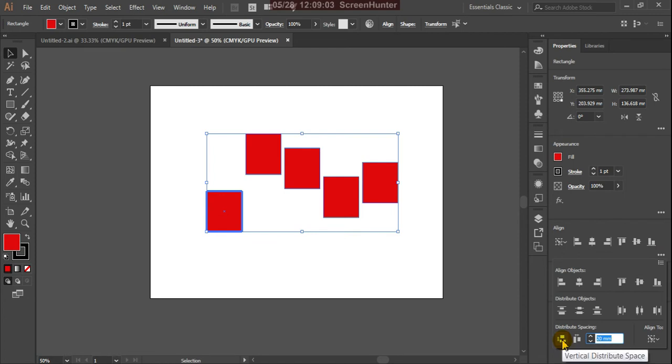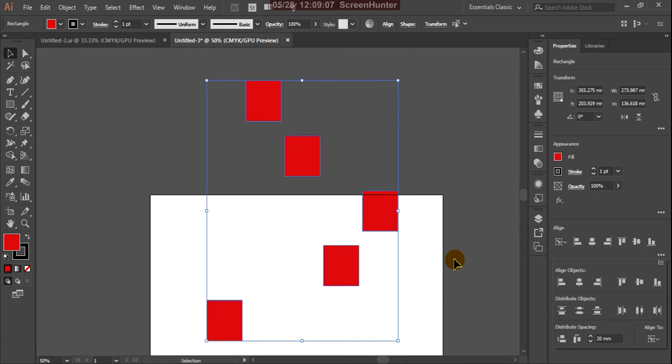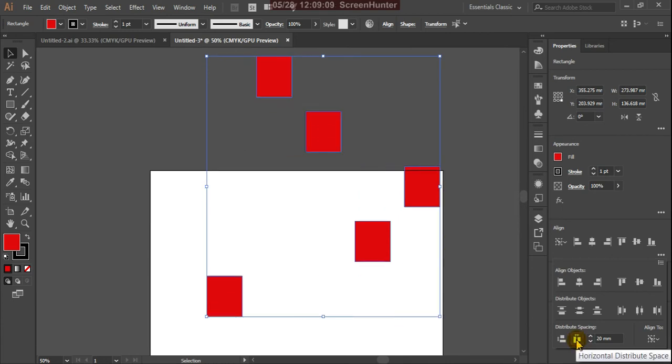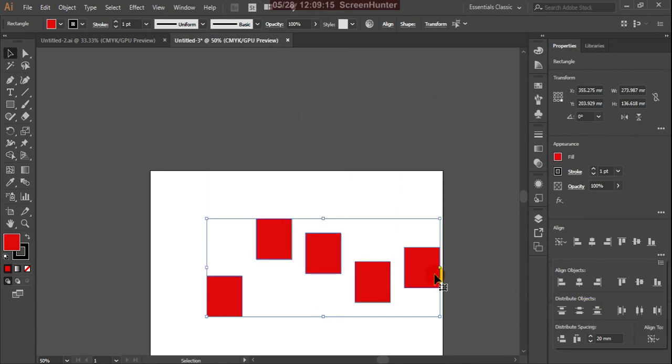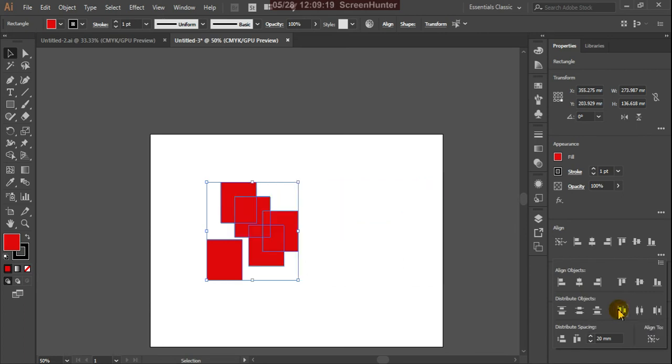And this is vertical distribute space. Yes, so the same space it is distributing, and here it is vertical distribute bottom. See, so sometimes you have to use all these things as per our need and requirement.